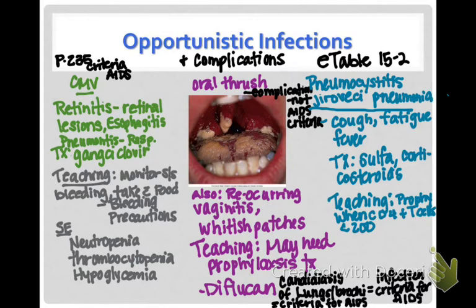You monitor for bruising. They don't need to use a straight razor. They have to use an electric razor. So you know all those, just keep that in mind. You'll see some neutropenia, thrombocytopenia, like I said, low platelets or bleeding precautions, and hypoglycemia. And then you've got the